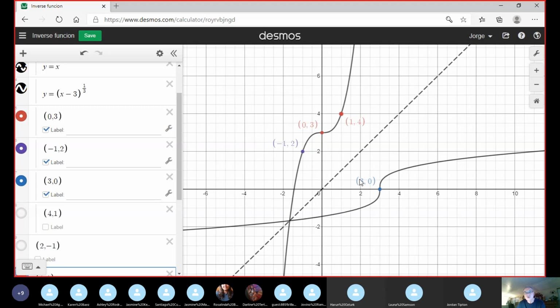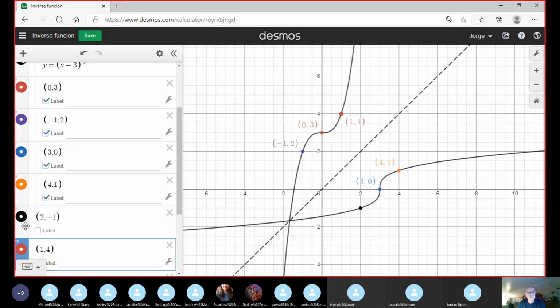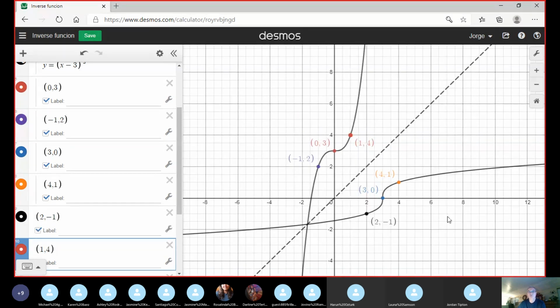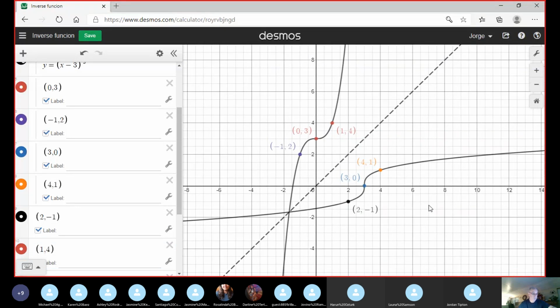The only thing I did was interchange x and y. (4,1). Boom. This and this. Image. (2,1). Boom. Okay. Any question? Super clear? Super